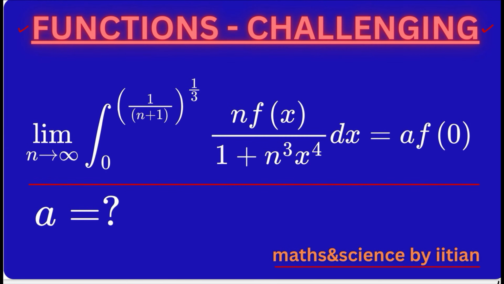And we are taking a limit of a definite integral. It is not a straightforward question as a definite integral, it is the limit of a definite integral. If limit n tends to infinity, what will be the value of the definite integral from 0 to (1 by n plus 1) to the power of 1 by 3n of n f(x) by 1 plus n cube x to the power of 4 dx, where function f(x) is unknown